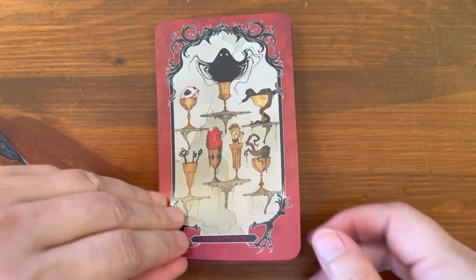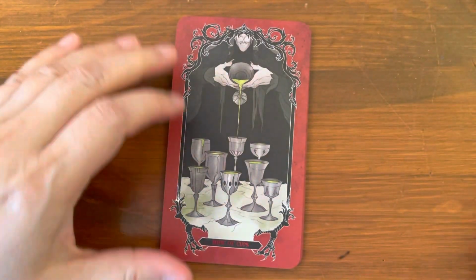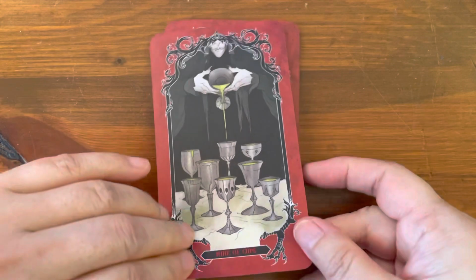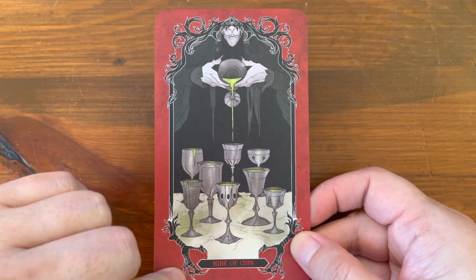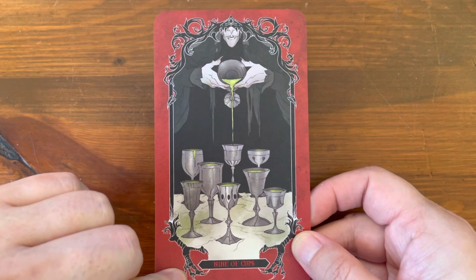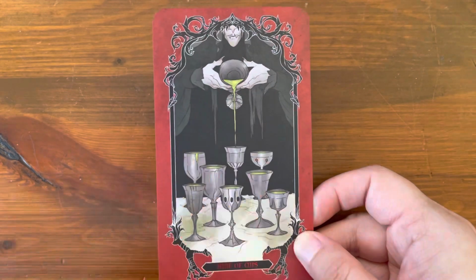All right, Seven of Cups, pretty traditional. Eight of Cups, walking away. Nine of Cups. Intoxication. It's traditionally wish fulfillment, but in this case, he's filling all his cups. So,